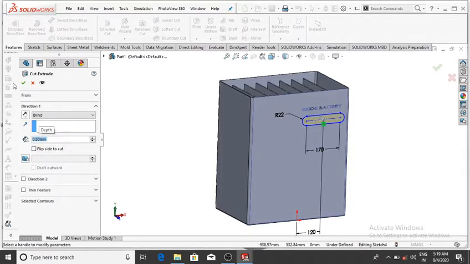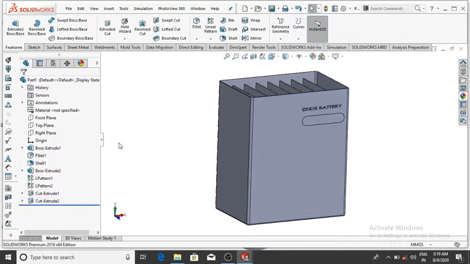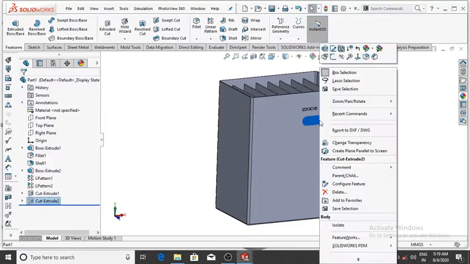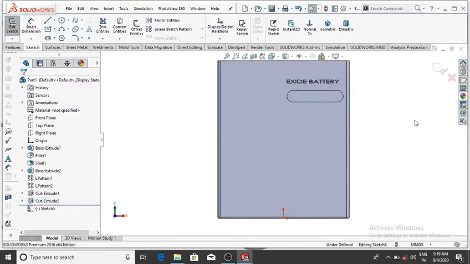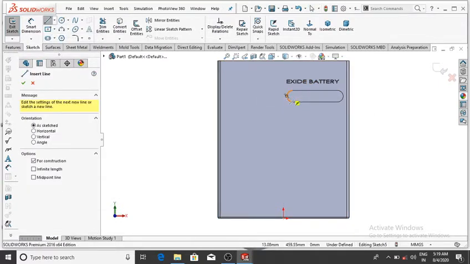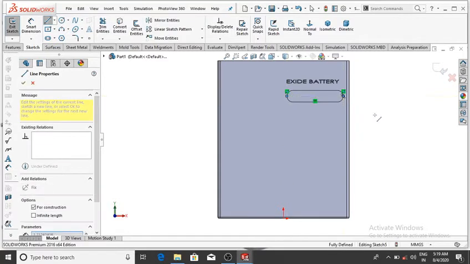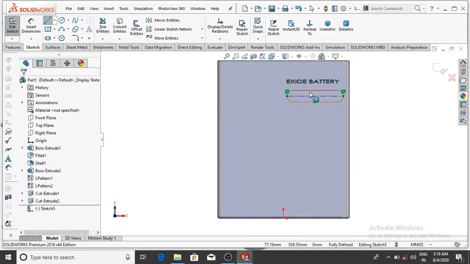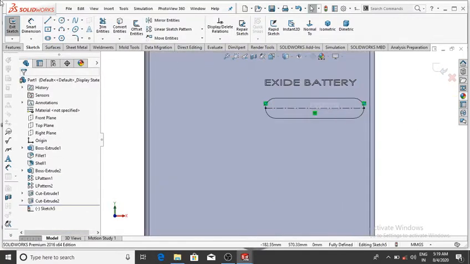Then okay, and on this face make the sketch. So simply select and right click sketch, then normal, and now we apply the center line from this to this, and make the sketch on this line.